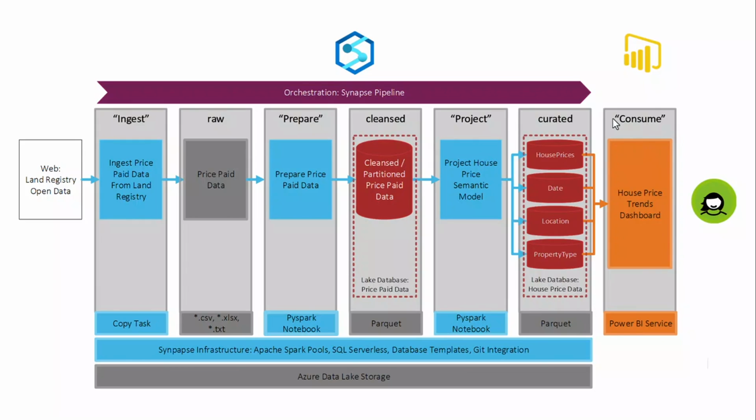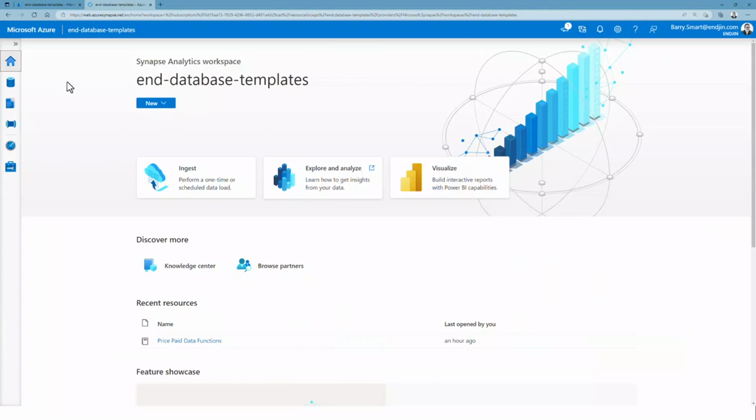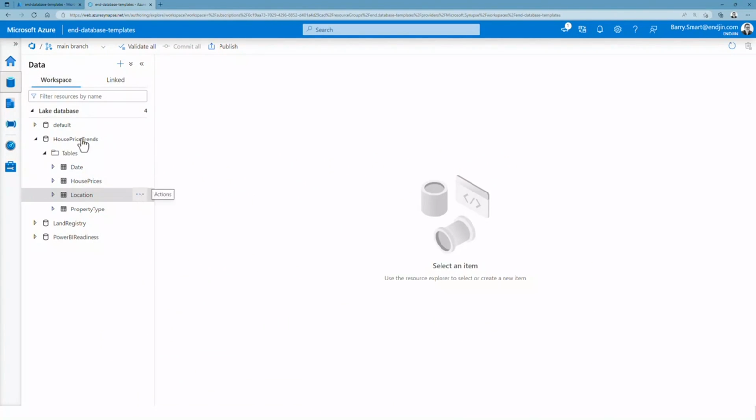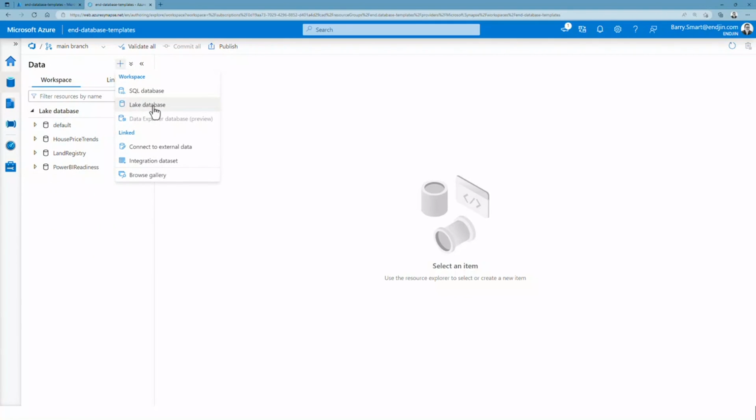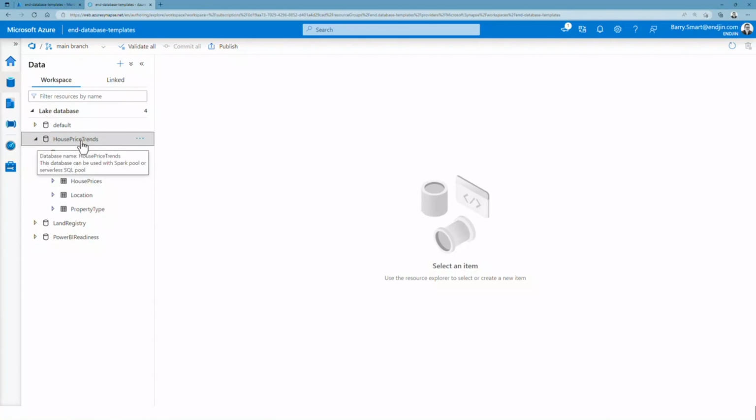So let's delve into this in a bit more detail, show you what some of these things look like in Synapse. So the first thing is the database template, where we've defined this house prices mini star schema. So if we flip over to the Synapse workspace, if we look in the data menu option on the left, we can see here a number of lake databases that we've defined simply by clicking plus and add new lake database. And you can see here we've got our house price trends database with the 4 tables that comprise our